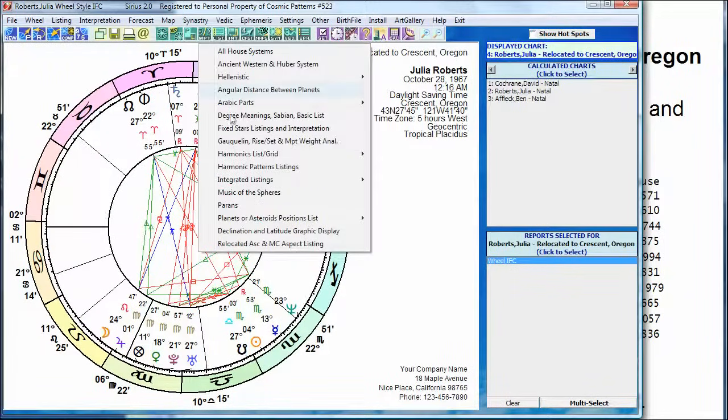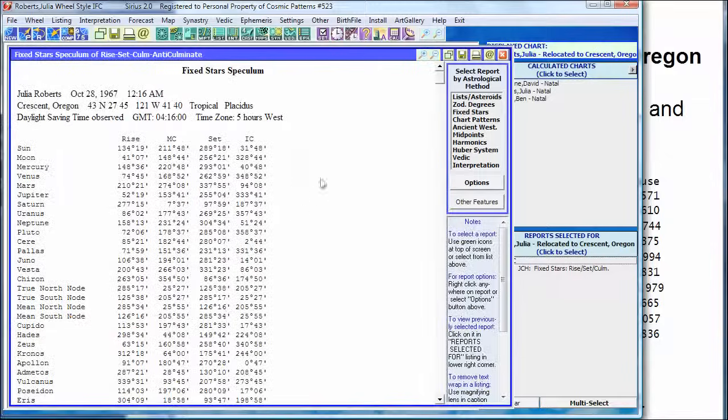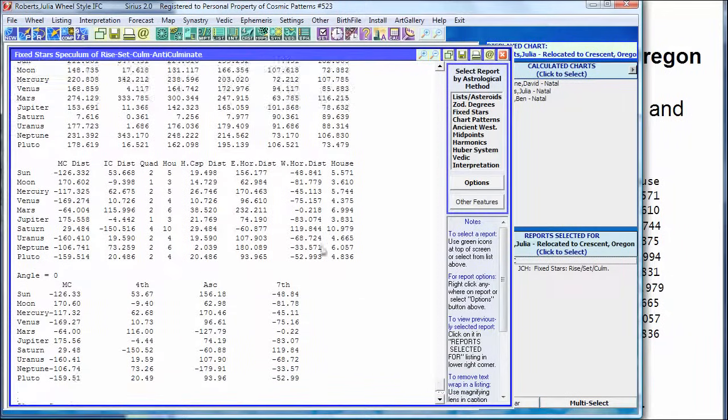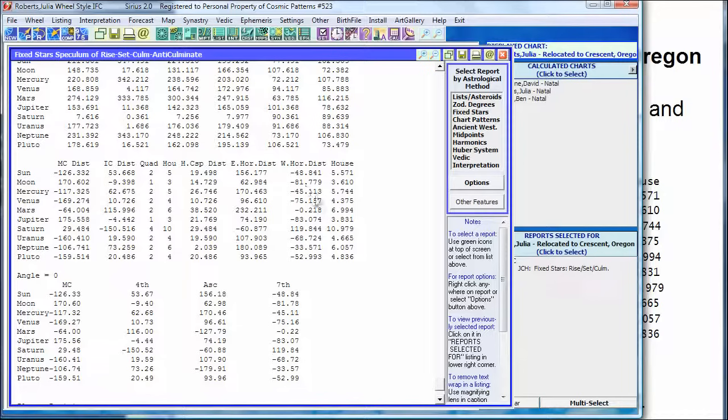One place is under listing, fixed stars, not obvious, but listing fixed stars, number 8 is an in-Mundo calculation of fixed stars, so it shows some technical details for it. You'll also find this calculation in listings of primary directions, but it shows up here, and there it is. Here are the angles, and we will see this table right here shows us, right here I've got highlighted